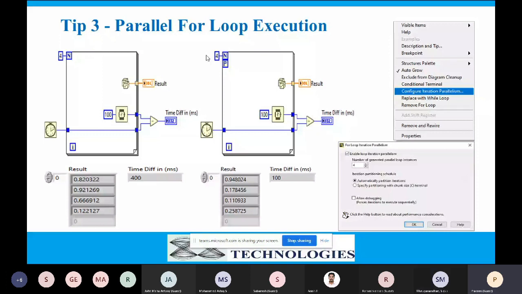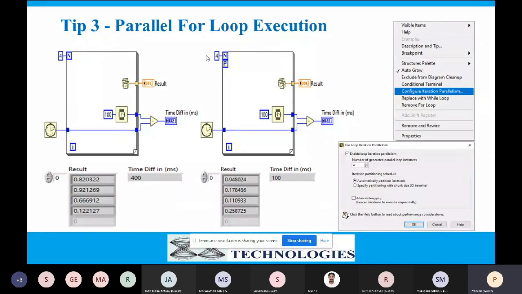And in the first loop, we all know the function of the for loop, right? Basically, I have connected 4 as the number of executions for the for loop, and I have put a random number inside the for loop. I have also given 100 milliseconds as the manual delay for each and every iteration, right?